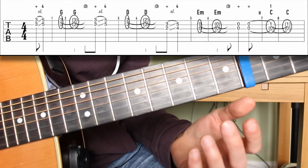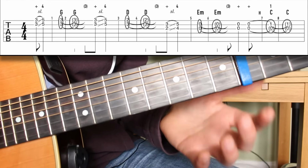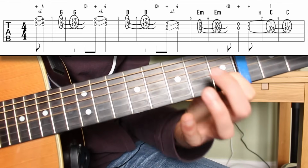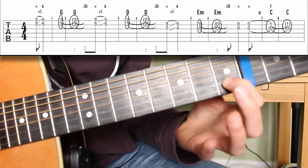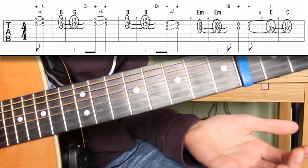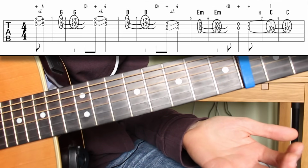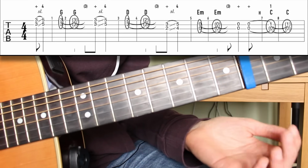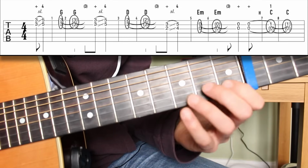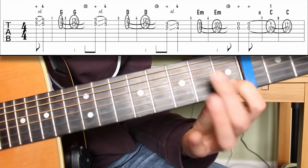and then a slightly different rhythm here. It goes 1, 2, 3, 4, 1, 2, 3, and. Okay, so it's 1, 2, 3, 4, 1, 2, 3, and. And then on beat 1 of the C measure, measure number 7, we hammer finger 1 onto the 2nd